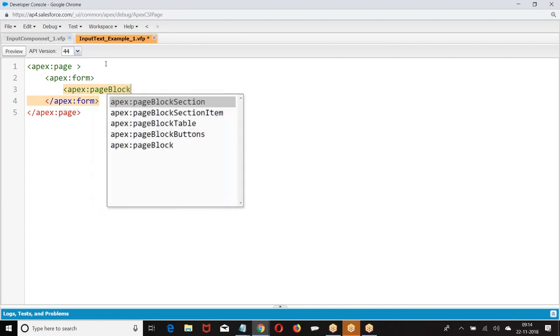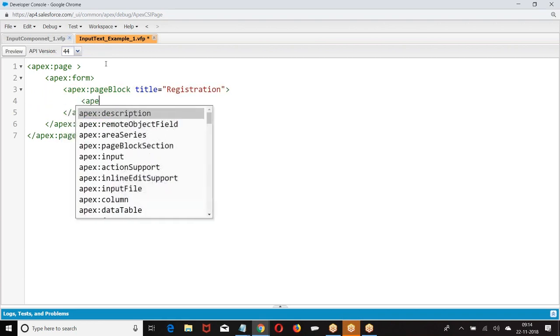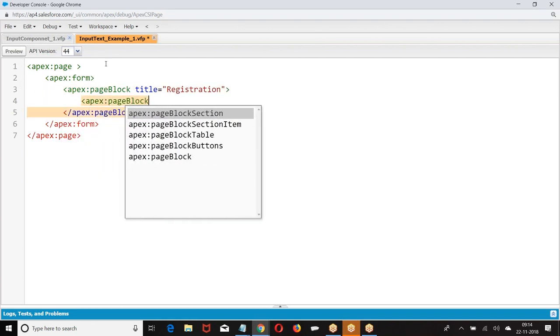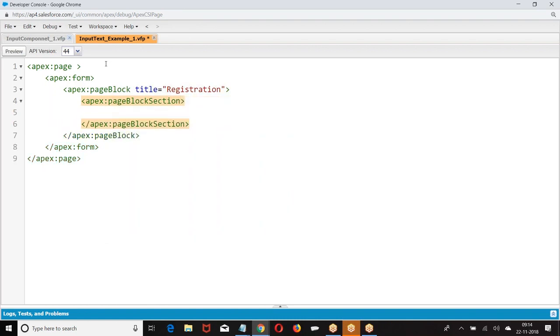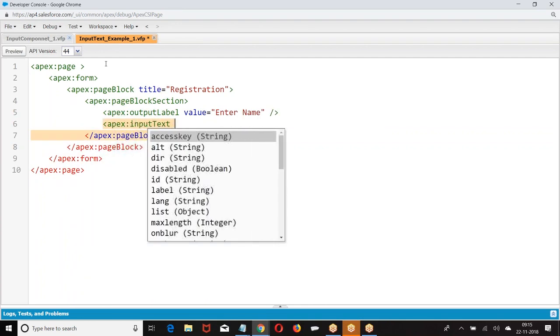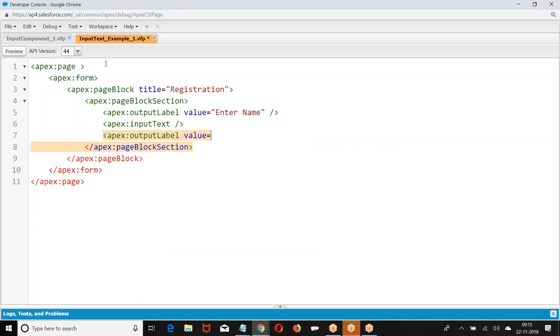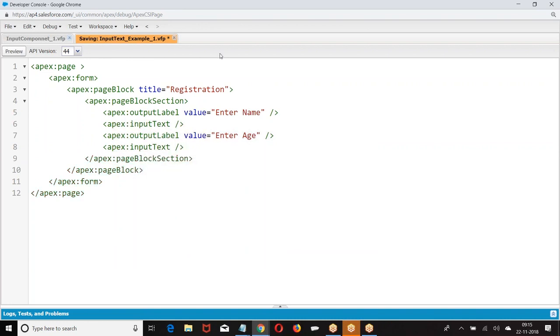I have a key point here: Apex output label value enter name, input text. I give the page like this.